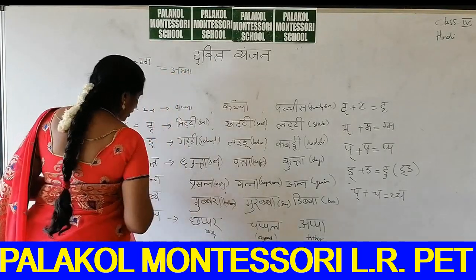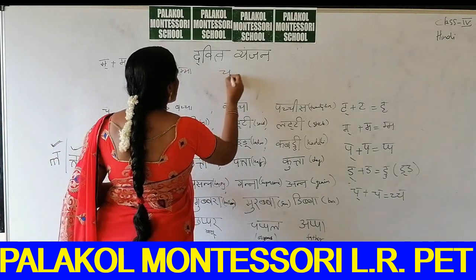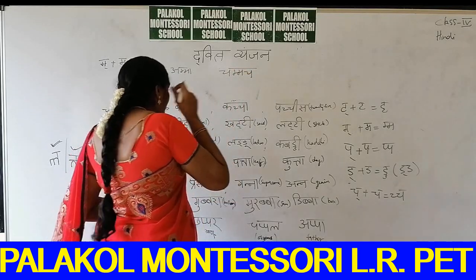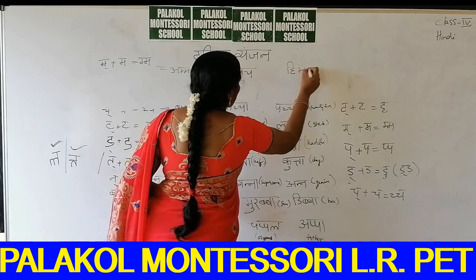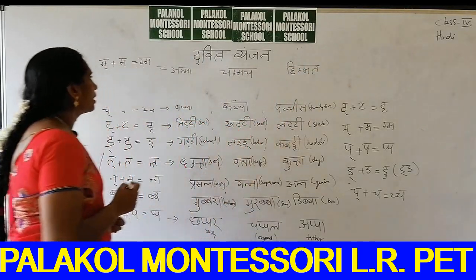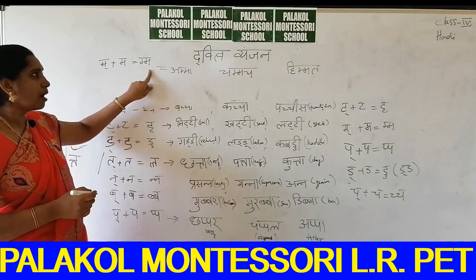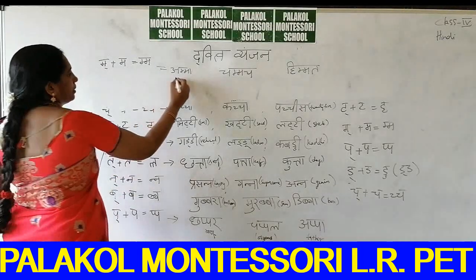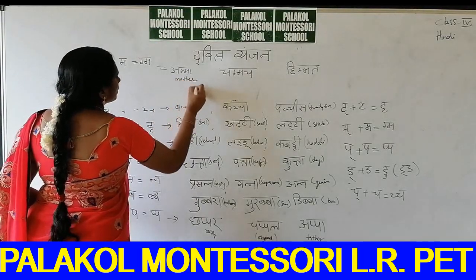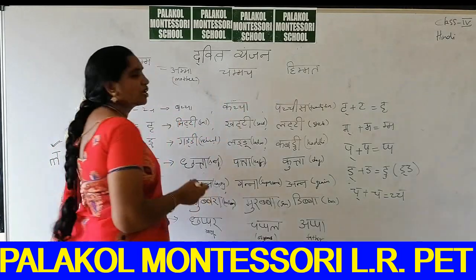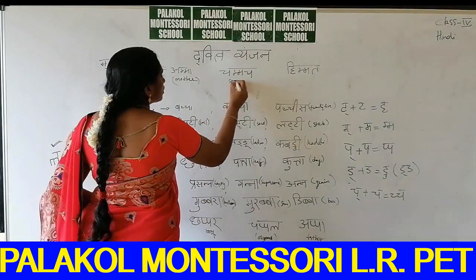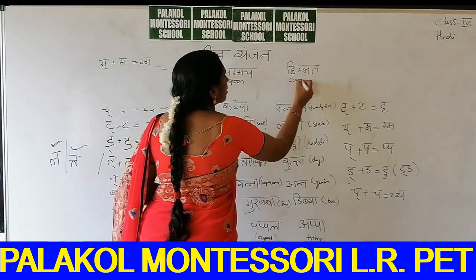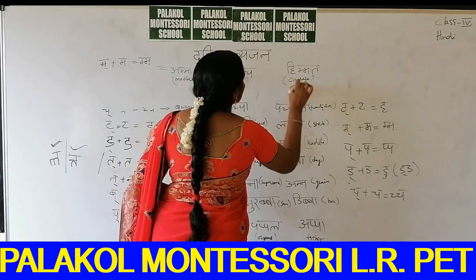Amma. Amma means, you know very well, mother. Chammach. Next, himmat. Okay. So, ma plus ma is equal to mma, and a plus mma is amma. Amma means mother. And here, chammach means spoon. Himmat means courage.